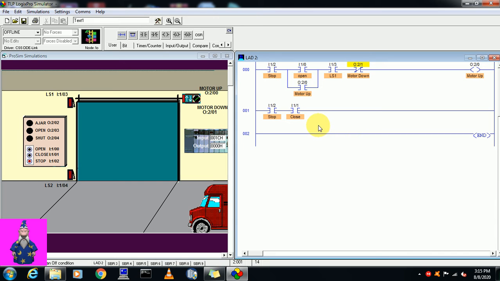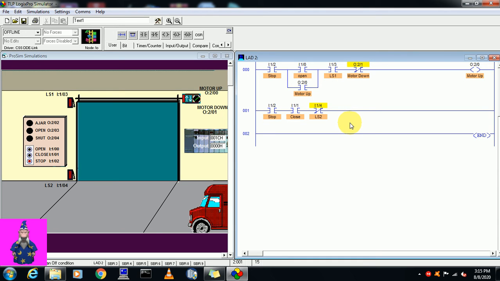This is the close push button. Along with it, I will use LS2 with a normally closed contact. This is LS2, I1/4, with a normally closed contact.